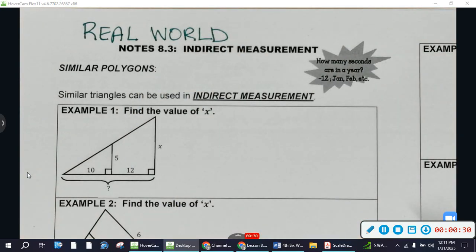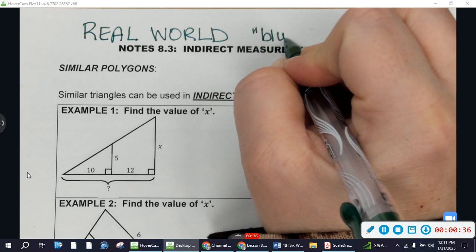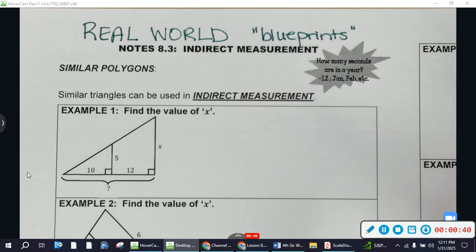So oftentimes you will see these as blueprints for an architect or an engineer. They're all coming together, the construction workers looking at these blueprints to decide how to build